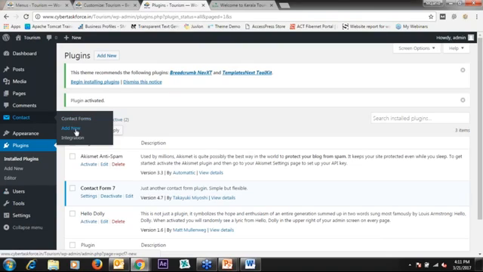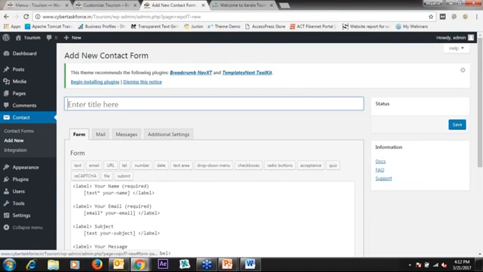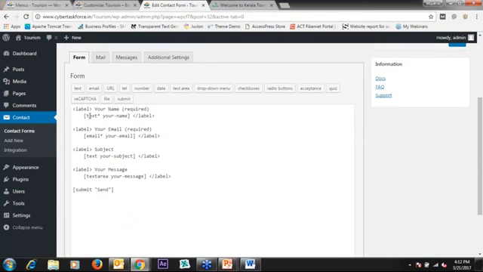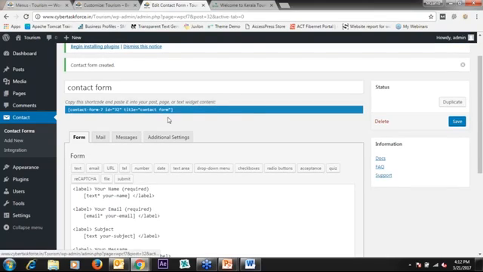Now I will say add new contact form. I will say contact form, right? And I say save. Now in this, if you check out here, it is telling label. Label means how it should be visible for you. I'll just show you. This is the shortcode which is generated automatically. What I do is I'll copy this one